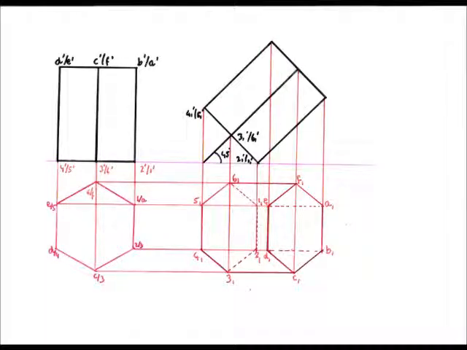Now we come to the last step, which is joining these lines. While joining these lines, we have to take care of which lines are going to be dotted and which are going to be straight lines, so that they are joined correctly. The dotted lines, as we already know, are the lines that are hidden from our view. The lines are actually there, but we are not able to see them. So what we will do is join 1 1, 2 1, 3 1, 4 1, 5 1.